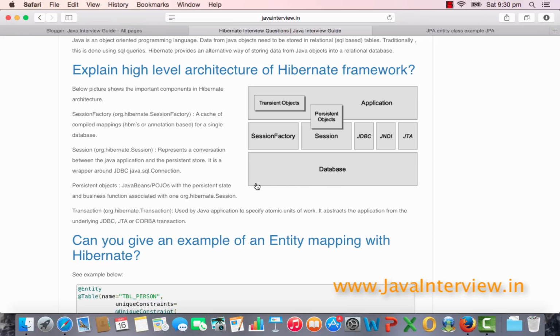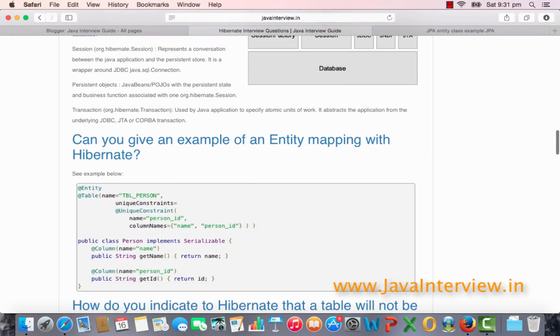The next important thing is that Hibernate also allows you to have transactions. So JTA, the Java Transaction API, Hibernate supports that. Transactions are very important because let's say there's a failure in between. Let's say there are 5 steps in doing something and the third step failed. We want the first 2 steps which were done to be cancelled. Otherwise, the system would be in an inconsistent state. So that's where transaction management comes into the picture, and Hibernate really has good support for transaction